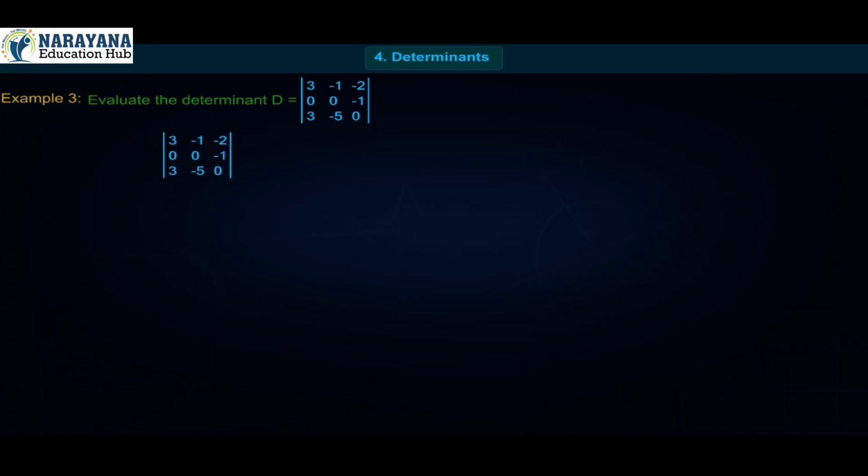Here we have determinant 3, minus 1, minus 2, 0, 0, minus 1, 3, minus 5, 0 is equal to 3 into determinant 0, minus 1, minus 5, 0 minus minus 1 into determinant 0, minus 1, 3, 0 plus minus 2 into determinant 0, 0, 3, minus 5 is equal to 3 into 0 minus 5 plus 1 into 0 plus 3 minus 2 into 0 is equal to minus 15 plus 3 minus 0 is equal to